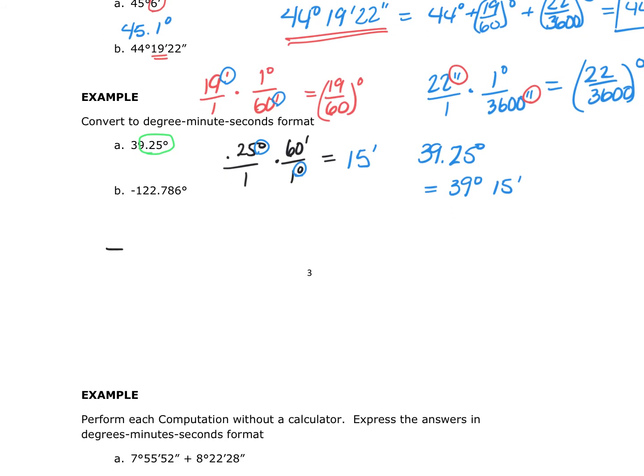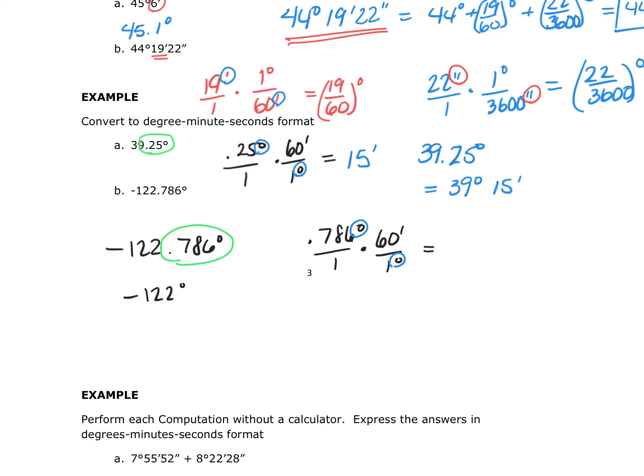So I have a negative 122.786 degrees. As before, I'm really only going to focus on the decimal part, because the negative 122 is already in degrees, so that's okay. So when I take the 0.786 degrees over 1, my unity fraction is going to be 60 minutes over 1 degree. Again, what will happen is that my degrees will cancel. And now what I've got is